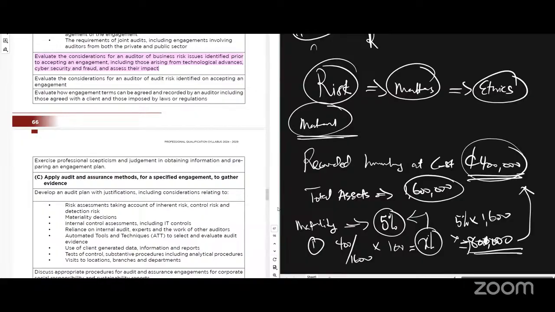Okay. So what the person did, was it wrong or was it right? Did it lead to any wrong recognition, inappropriate disclosure, wrong measurement? This one is not recognition. This is a measurement problem. Did you notice? Because inventory is supposed to be measured at the lower of cost and what? NRV, or fair value less cost to sell. But he recognized it at cost when the NRV was lower.